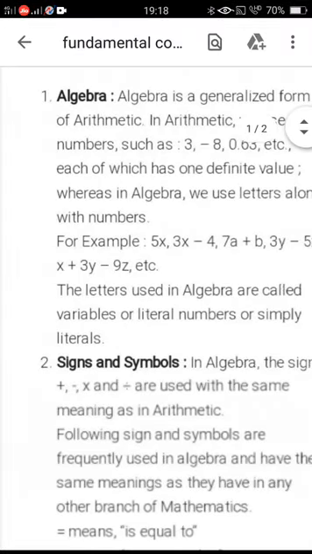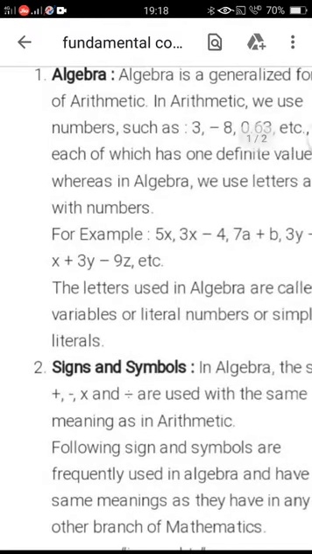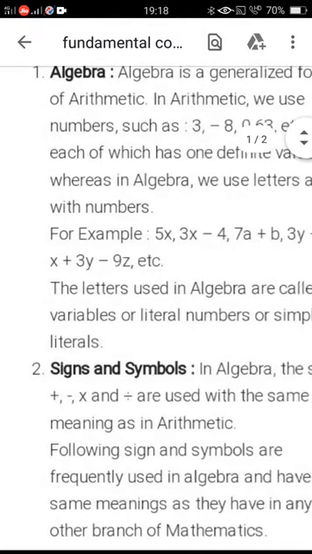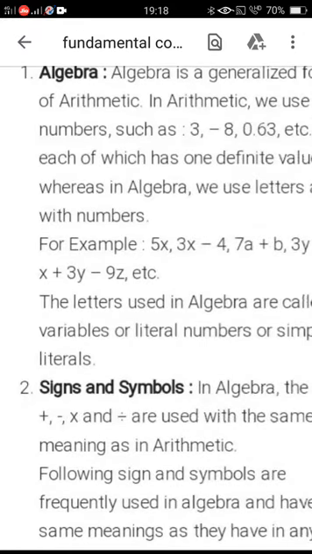Now see here, we must identify the terms. See now, 5x, this is only one term. See 3x minus 4, here there are two terms, 3x is one term and 4 is another term. Terms are separated by plus or minus sign, not by divide and multiply. We are not going to consider divide and multiply signs.